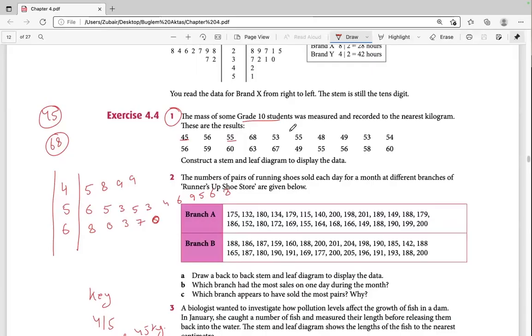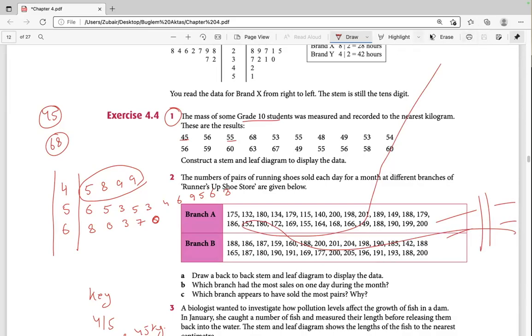Question 2. Draw a back-to-back stem and leaf. So what would it be? We will decide that. It is never suggested to have a double digit on the leaves. That is always a single digit. So we'll decide double digit for our stem and leaves on the other side. So if I just look at this data,